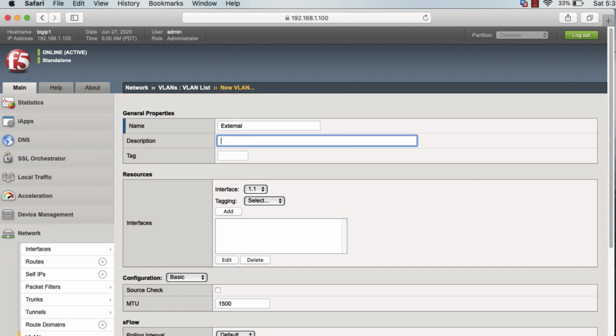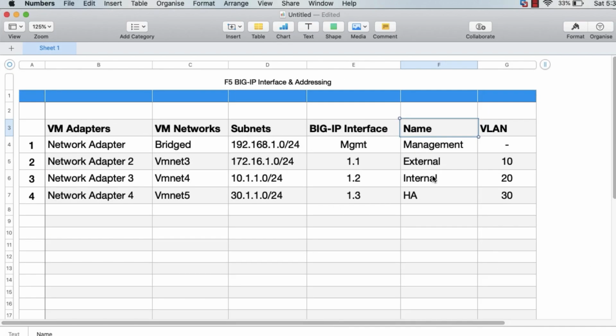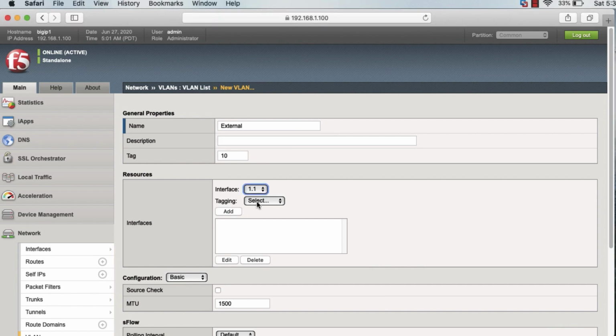I'll name it external. I'll give a VLAN ID of 10. Interface 1.1. You remember it? 1.1. Okay. Since I'm not using any switch or any trunk configuration, I'll keep it as untagged and we'll add it here.